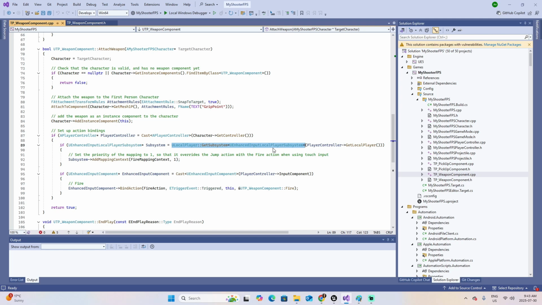This subsystem manages the Enhanced Input System, which is the new input mapping system in Unreal Engine that allows us to take control of the characters. And then we pass the player controller that we confirmed a second ago, the get local player, and confirm that this is not null. If that's the case, then we're going to add a new mapping called the fire mapping